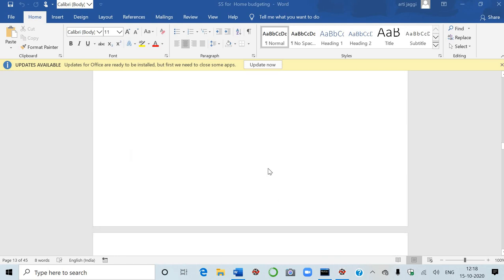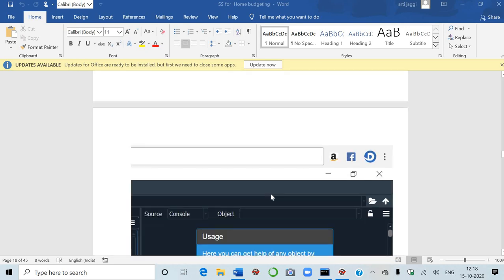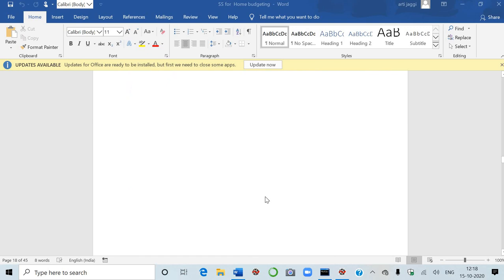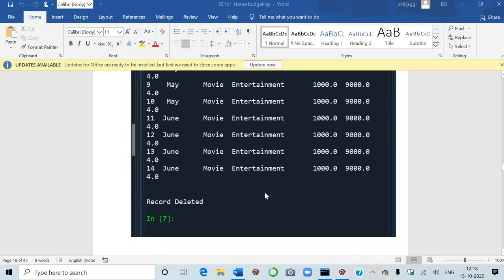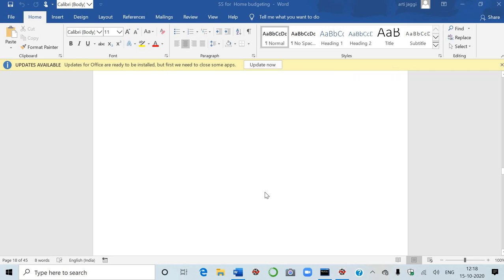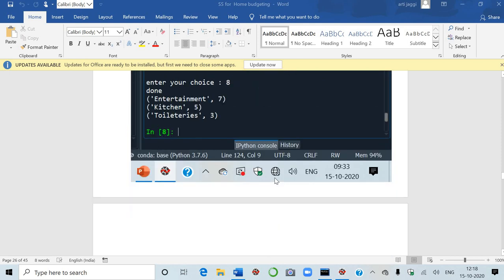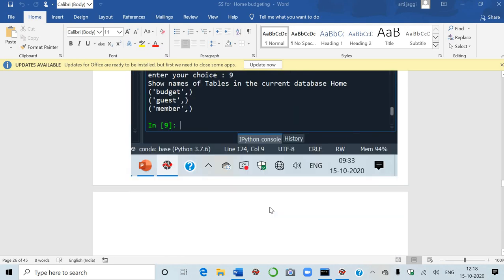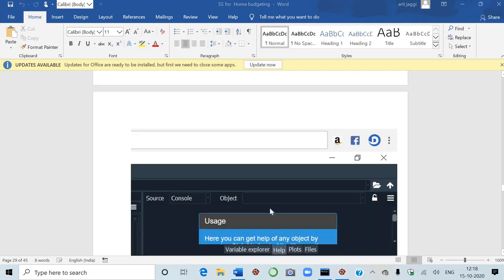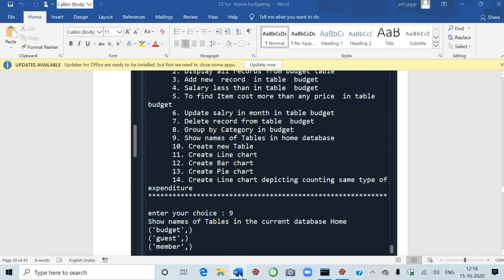I'll show you the screen of Spyder software also. Then I'll show you the screen of MySQL also. MySQL is the backend and Python is the front end in your project. You can mention this in your project, and also in the project you have to attach the acknowledgement, certificate and table of contents, which you know properly. I've already explained in my other videos. I've made a few videos for IP students also.